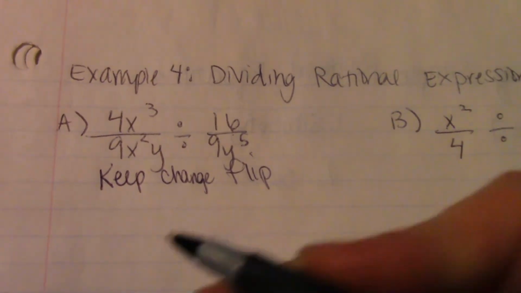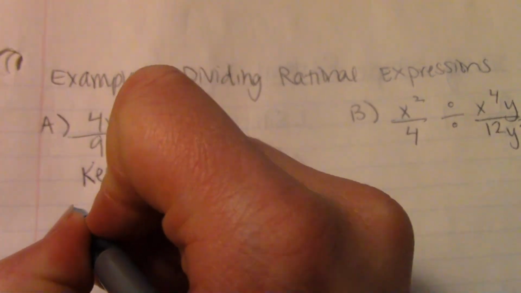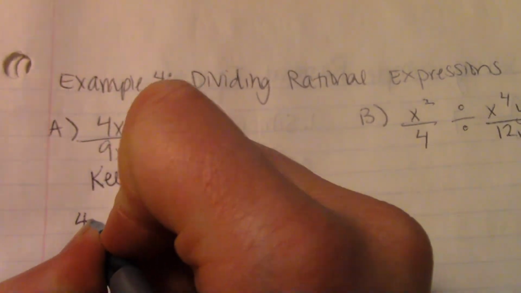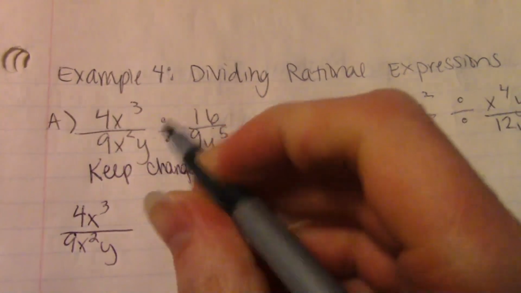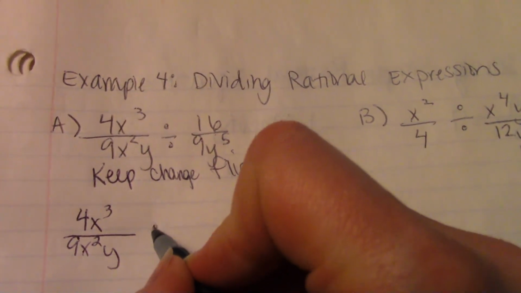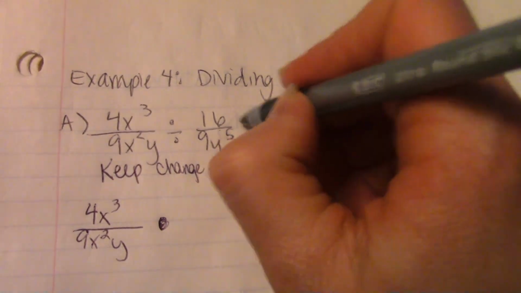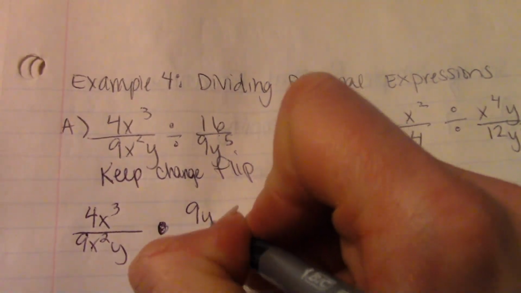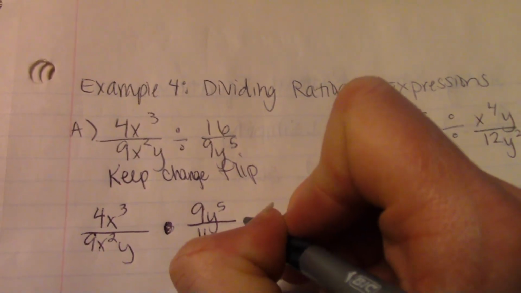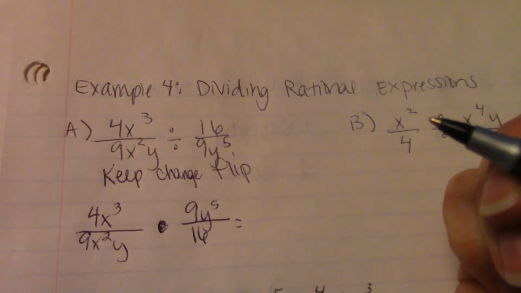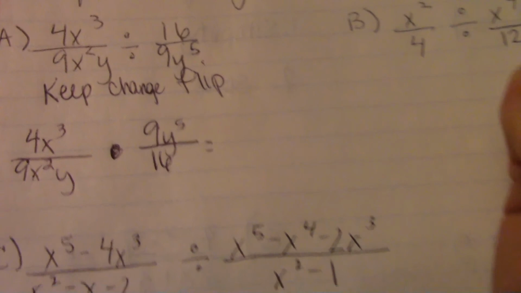Okay, so I'm going to keep this 4x cubed over 9x squared y, change this to a multiplication sign, and flip this upside down, do the reciprocal, so 9y to the 5th over 16. Okay, now